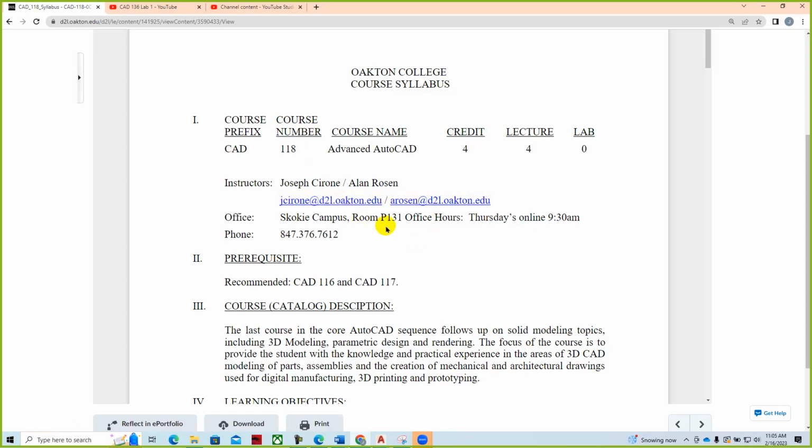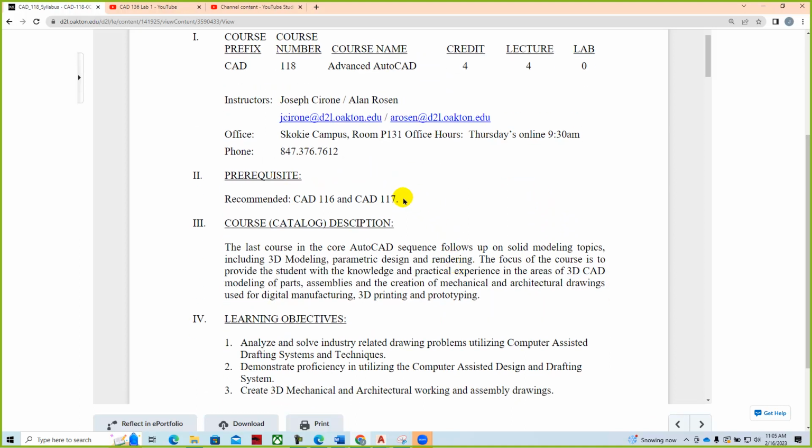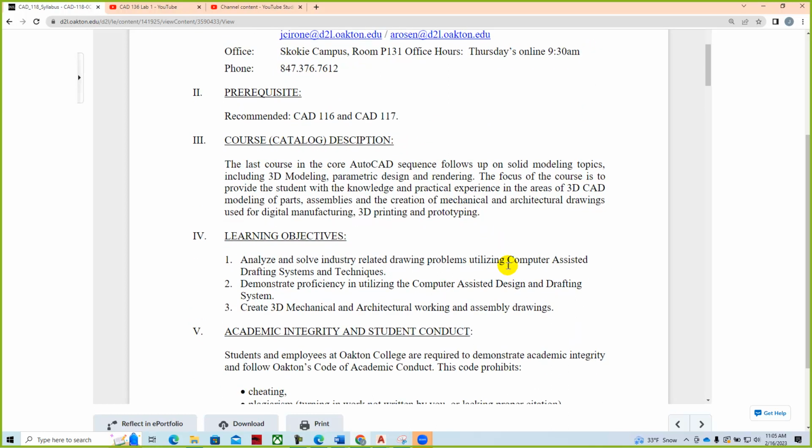You can also find me and Al at the Skokie campus, room P131. We also have online time for the course. It's recommended that you take CAD 116 and CAD 117. This is the last course in the AutoCAD sequence, and we follow up with solid modeling, 3D modeling, parametric design,